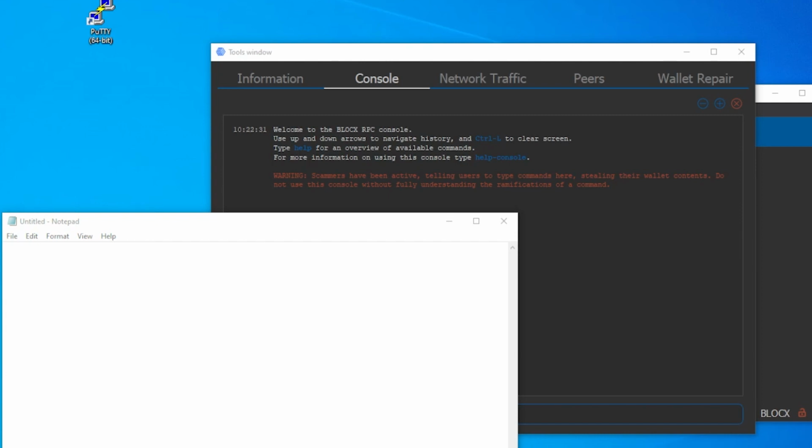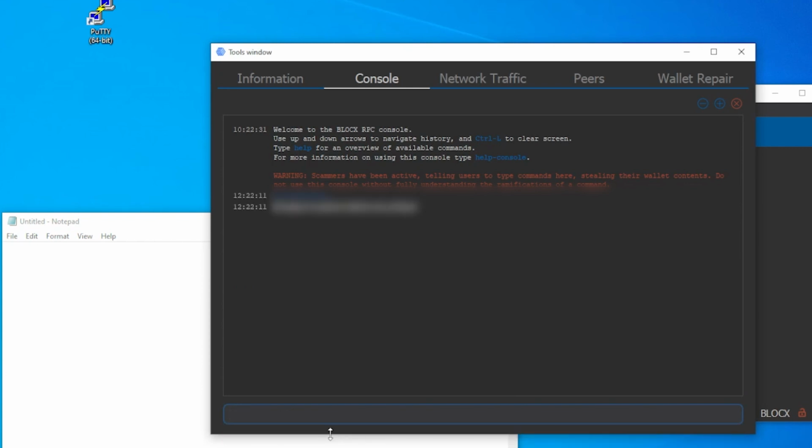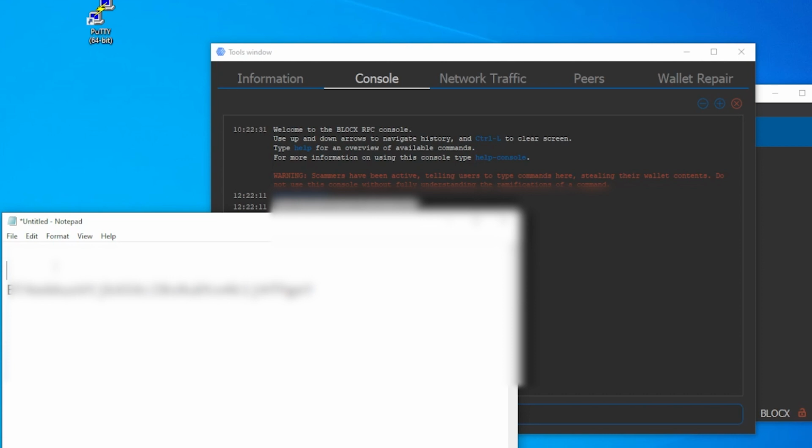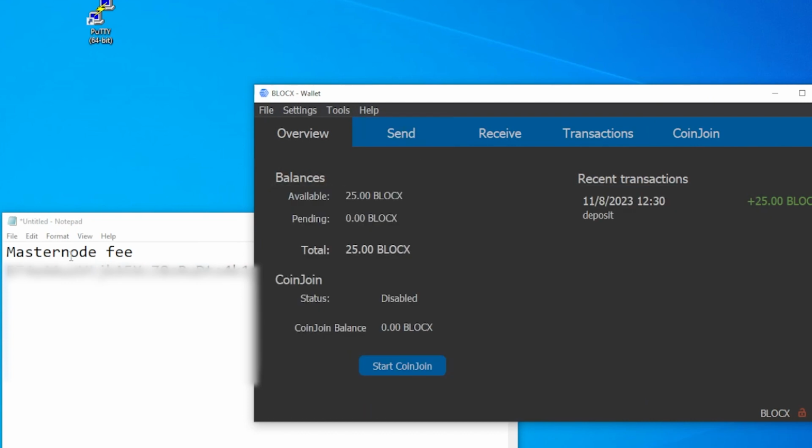So the first thing that we're going to be doing is getting a new address, and we're going to type in get new address, and that's going to give us an output. So we're going to copy this, and this one is going to be for the masternode fees. Now I'm going to close out of this window, and the next step, which is step 3,